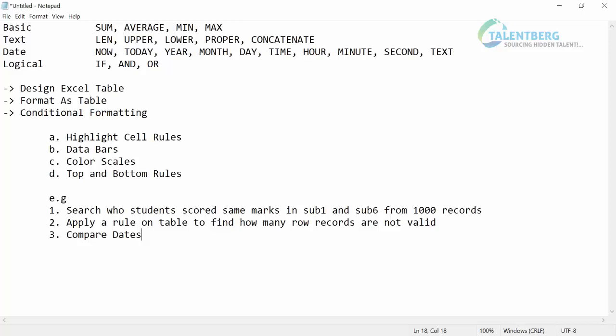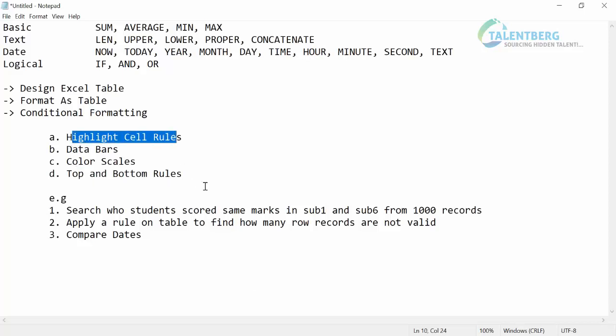The date helps you to sort out records monthly, yearly, weekly, or some people need it quarterly. So it depends on that date interval, but this also we can easily do with the help of conditional formatting. So let's go with the practicals, and one by one I'll cover how to use these features in Excel.